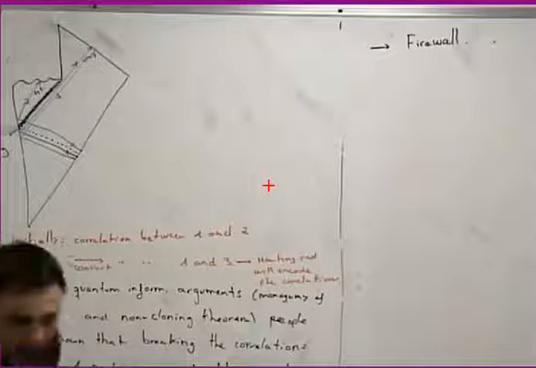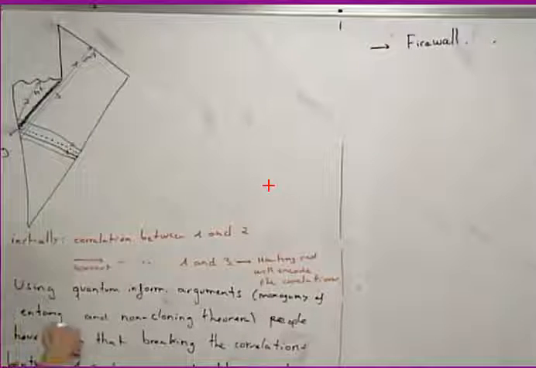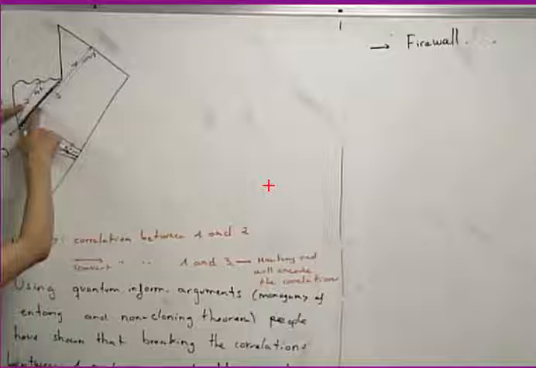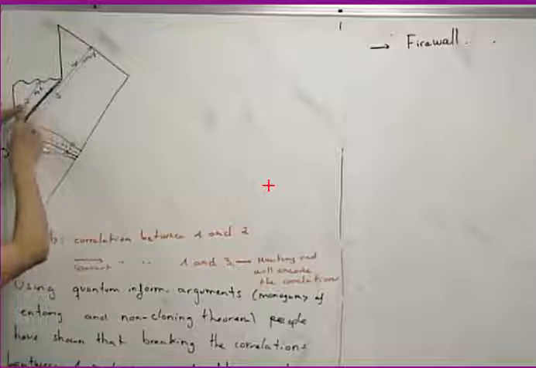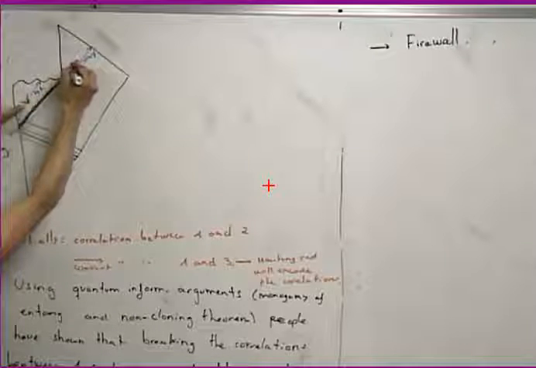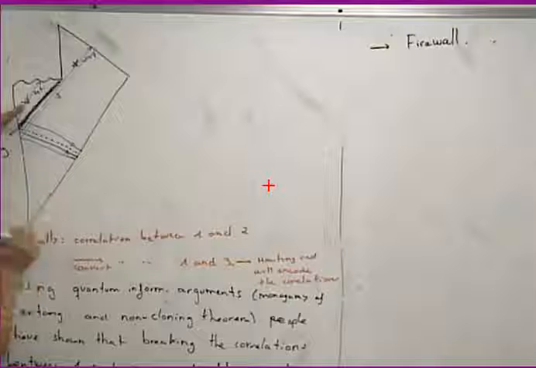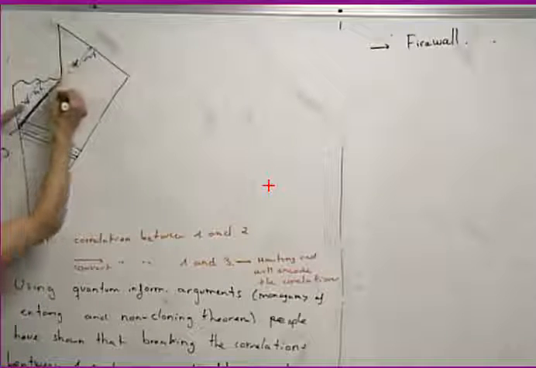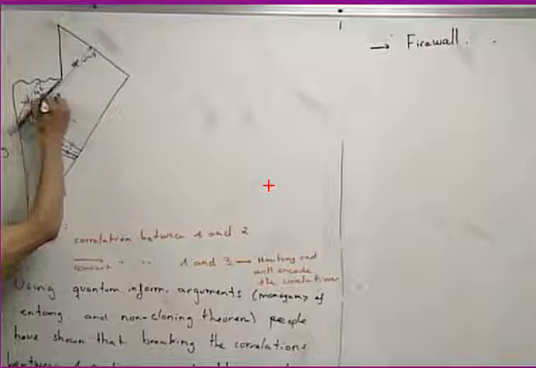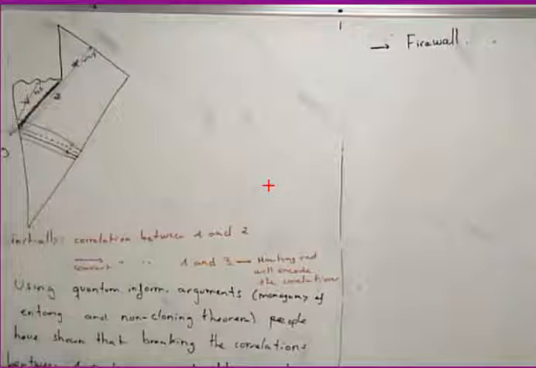I repeat the idea. Initially, we have correlations between stuff inside and stuff outside. If I want to recover, to make all the information go outside, I have to break the correlations between 1 and 2 and put those correlations between 1 and 3. They have studied that in detail, and they tell you that if you want to do that, then necessarily you will find infinite energy of the quantum field on the horizon. This is what they call a firewall.